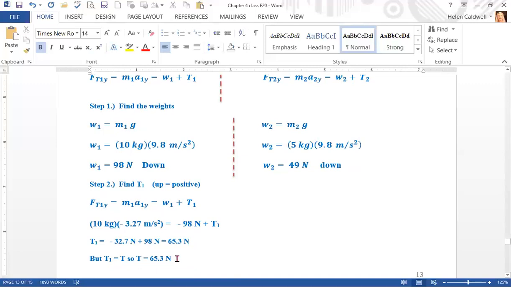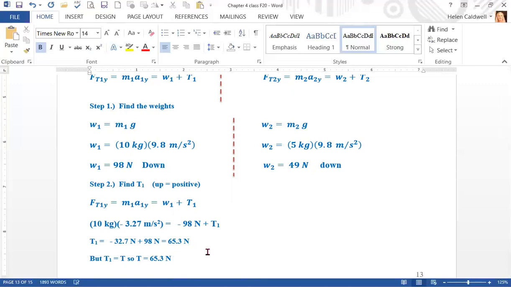But T1 and T2 and all the T's are the same because it's a single piece of rope, so the tension in the rope is 65.3 newtons. And we're done. We can move on to the next